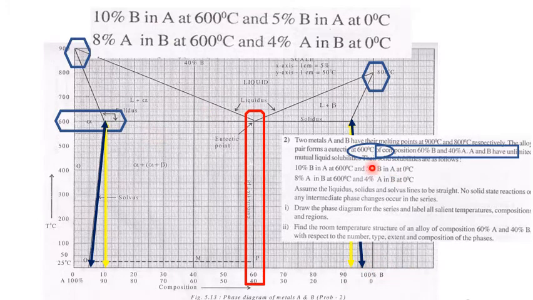Once we mark all these points, just darken these lines. Okay, so this is a solvus line, this blue color is a solvus line. A solvus line is a line which divides two solid phases. So alpha is a solid phase, and alpha plus beta is a solid phase. Here also beta is a solid phase, and alpha plus beta is a solid phase. So we are going to differentiate these two solid phases with this boundary. That line is called a solvus line.